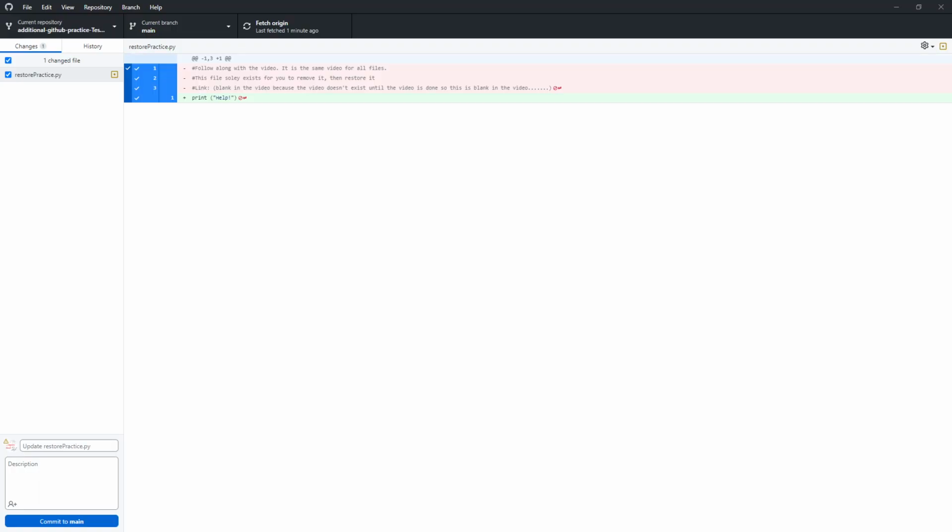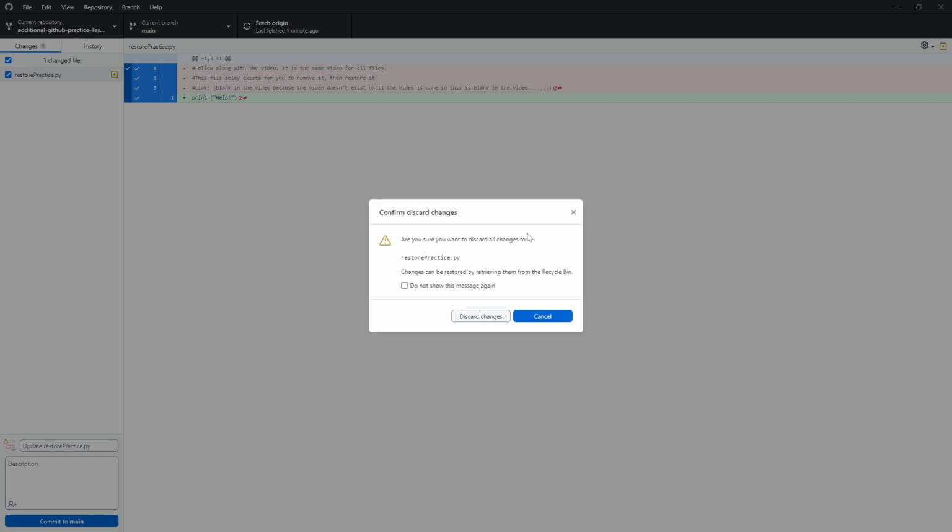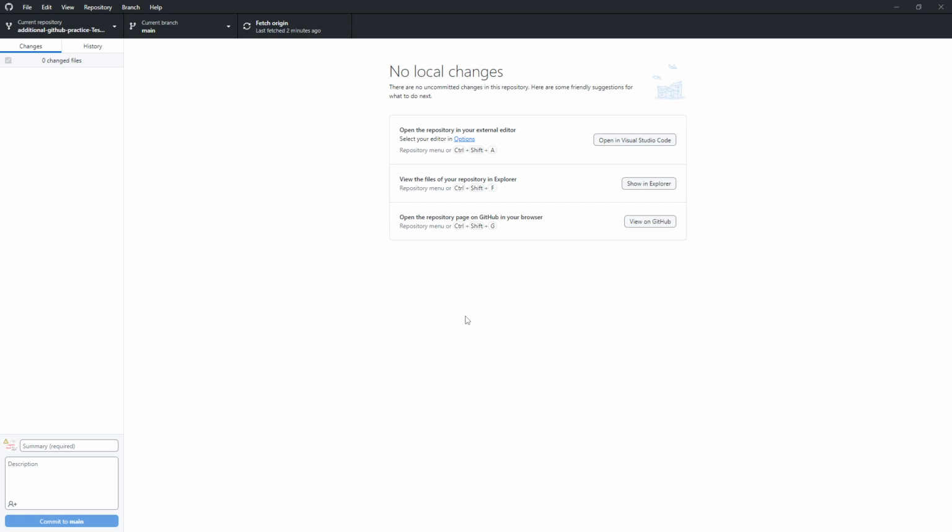Now I can come over here to GitHub Desktop, and again, it's going to be showing me that I have changes. But what I can do now is right-click on this file, and say discard changes. And you will get this message right here: are you sure you want to discard all changes? I'm going to say yes, I want to discard. Now what that will do is automatically restore that file